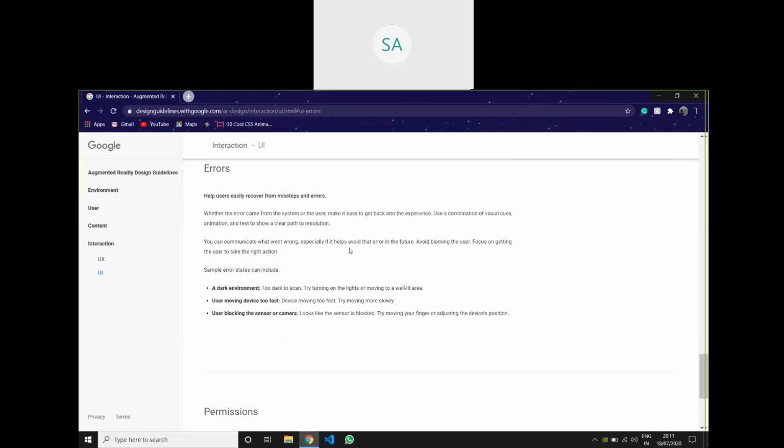And then errors for a dark environment, or if the user is moving the device too fast or anything is blocking the camera, we need to give him a message or something showing that there is